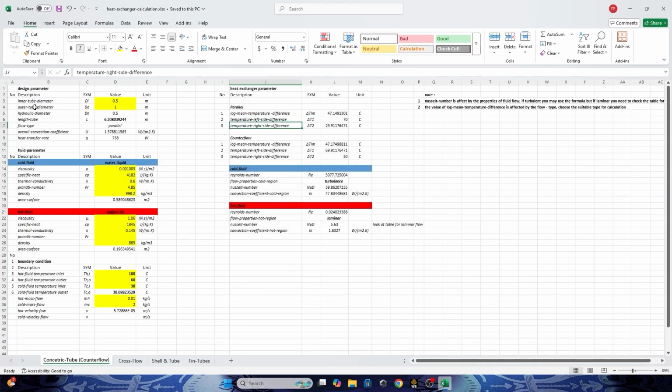With the parameters that we have set here, we will follow them for our simulation. There are two different liquids that we will use: water and engine oil. The water is for the cold domain, and the engine oil is for the hot domain. With these two sides, we will compare the results between the calculation based on theory and the simulation using ANSYS.